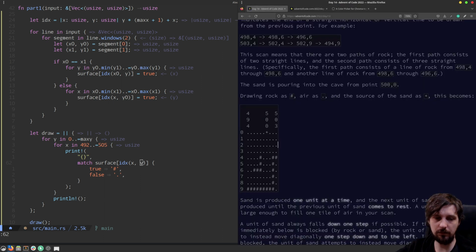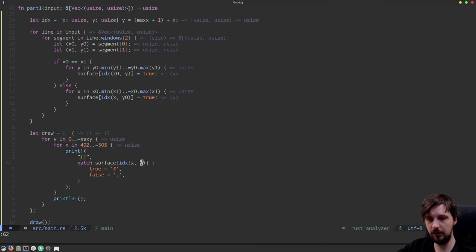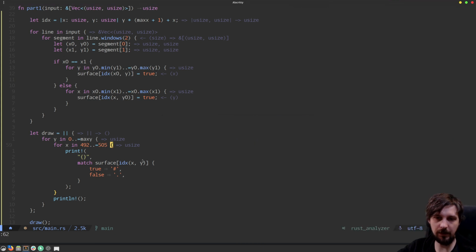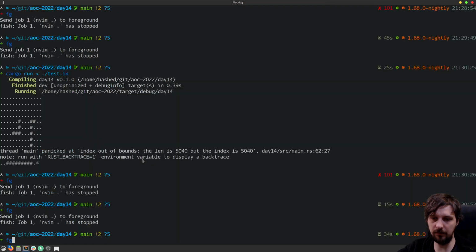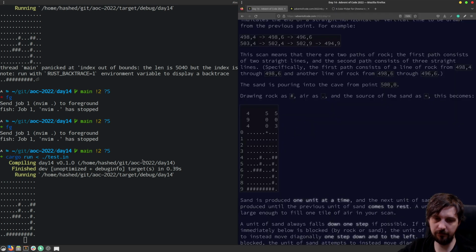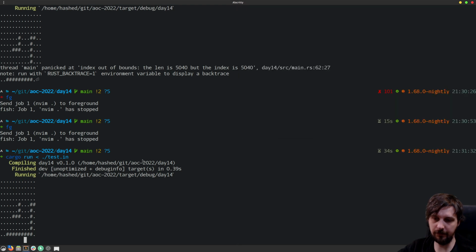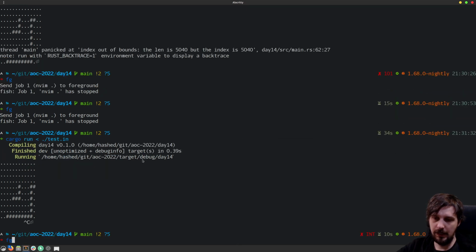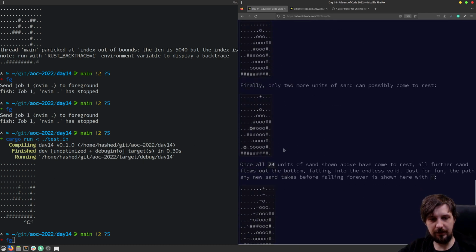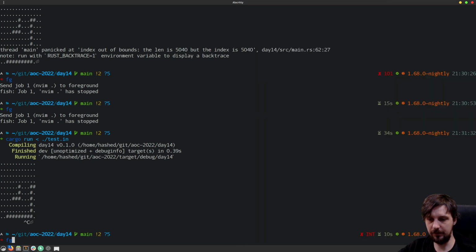Oh, yeah, stupid. My max X is 500, I guess. 503 is my max X. And this made this not work. Is that correct? It looks very correct. Except I think I found a bug already, not for this input, but